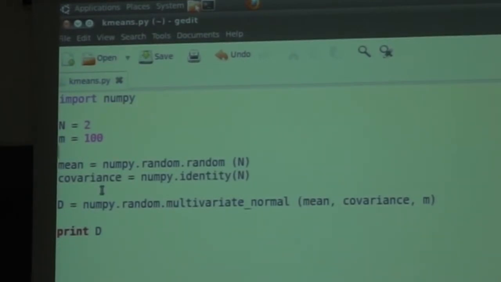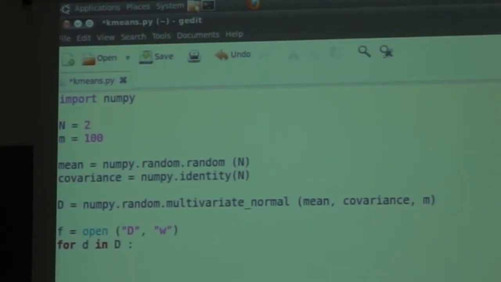I want to use gnuplot from inside NumPy. So let's do this. Well, I can do it here. Rather than printing D, I want to output it to a file. So let me open a file. Let's call it D. I want to write it, so W. And then simply for every element small d in big D,